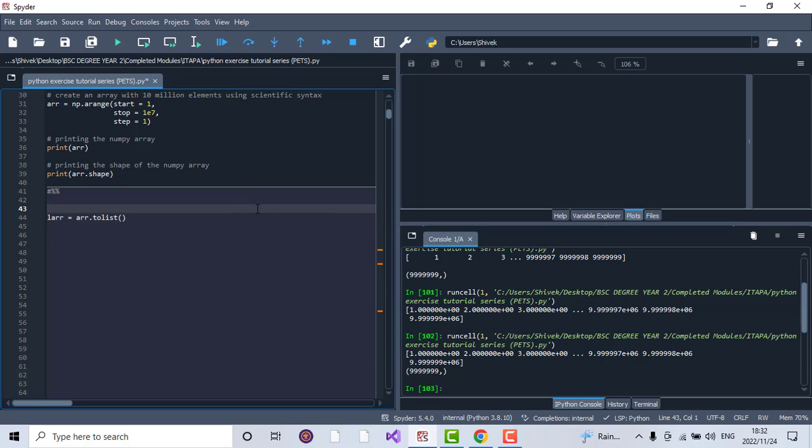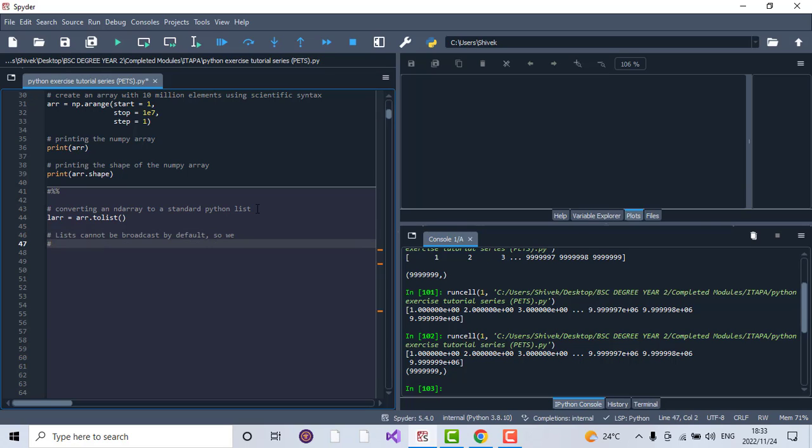Now this is the process of converting an ND array to a standard Python list. Now this is important. Lists cannot be broadcast by default,